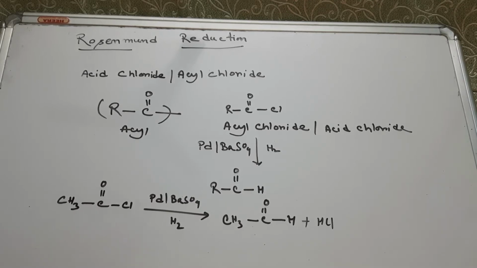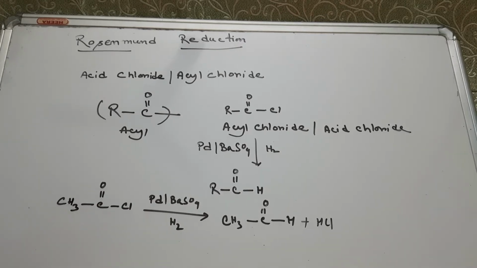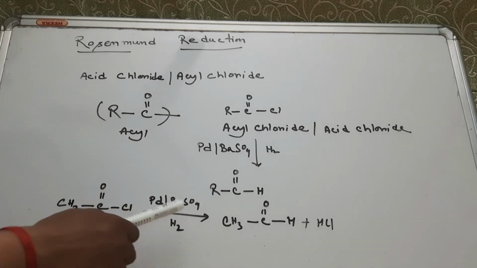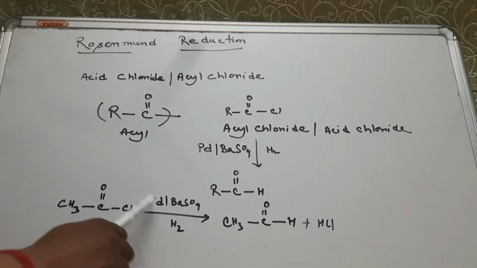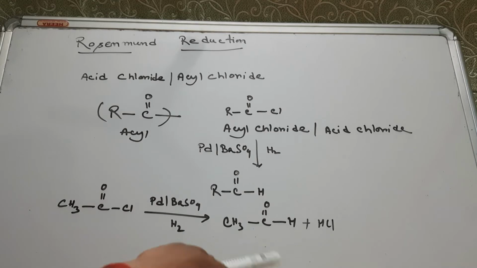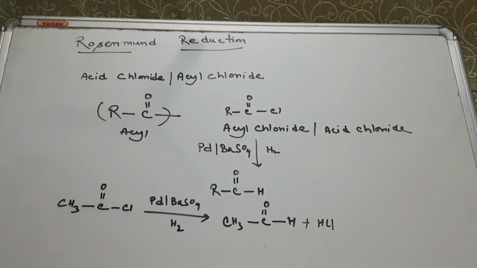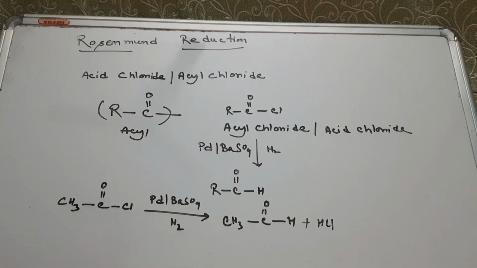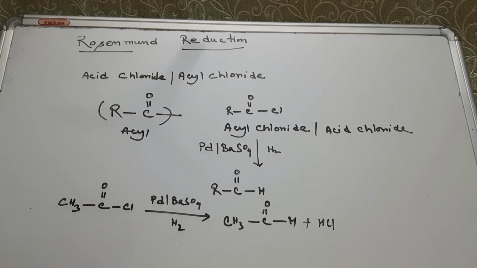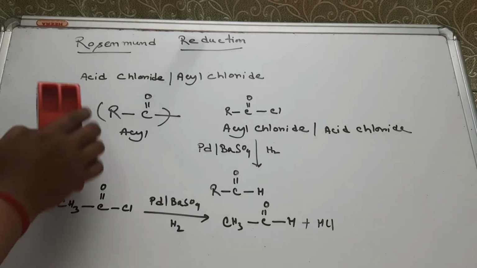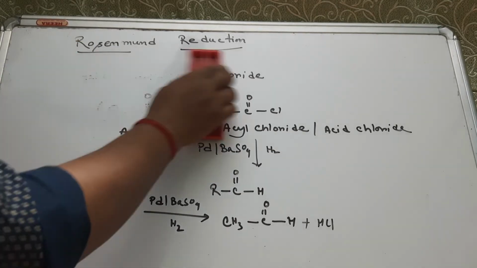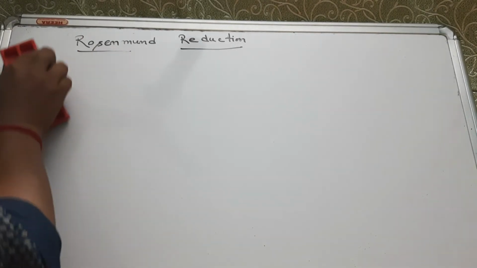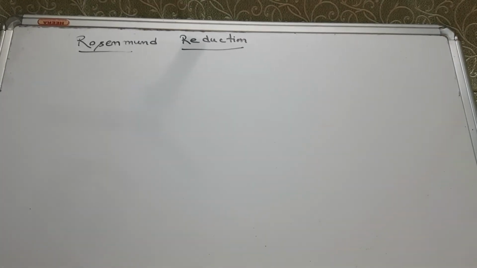Why is barium sulfate used? Because if you don't use the barium sulfate, then palladium and hydrogen again reduce the aldehyde to the corresponding alcohol. So that is the use of the barium sulfate. So what is the Rosenmund reduction? I'll again